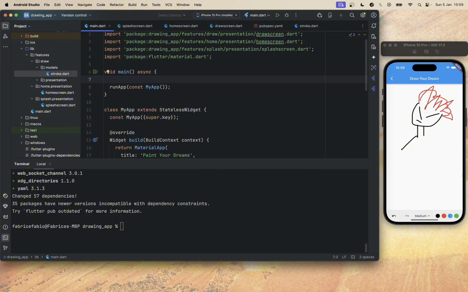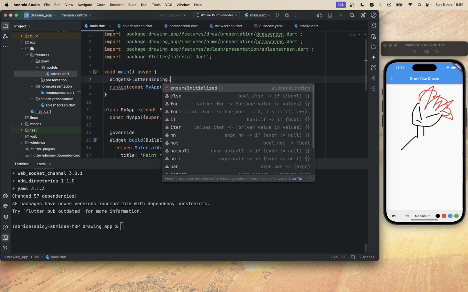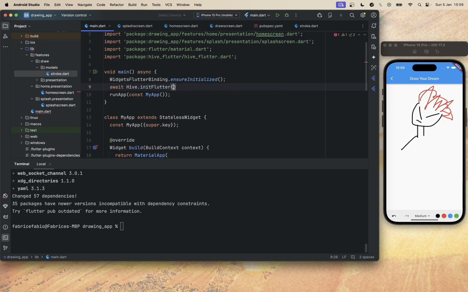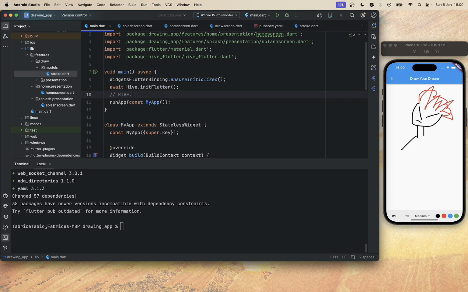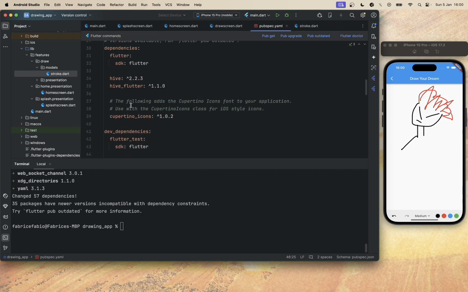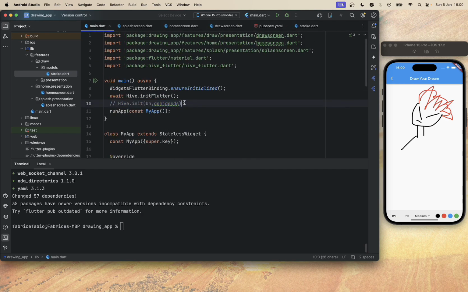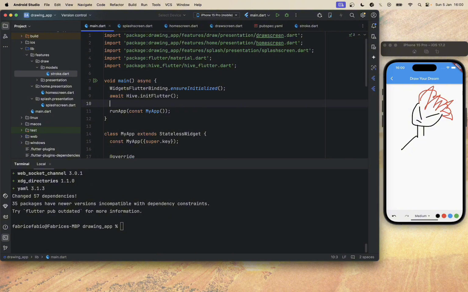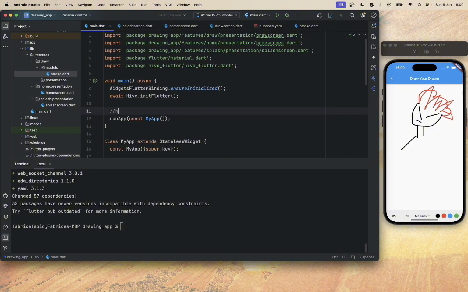So let's add Flutter binding first of all, and await Hive.init. In some applications, you will see people use Hive.init and pass the path directly. But to be honest, we didn't need it. That's the reason we are using Hive Flutter. With Hive Flutter, you just need to init Hive by calling Hive.initFlutter, and this will handle and make sure your Hive is set up, so you don't need to init it by yourself. And after that,